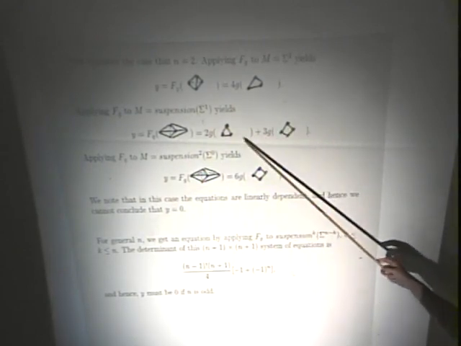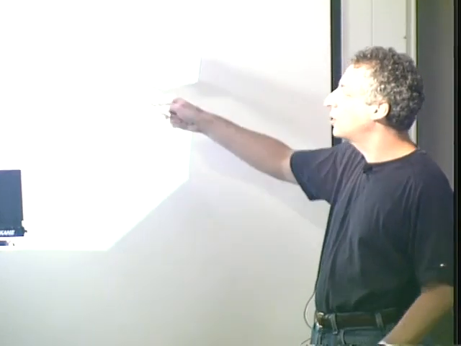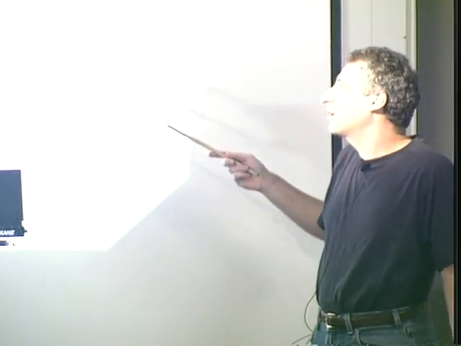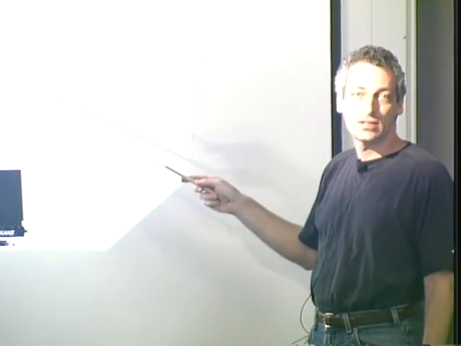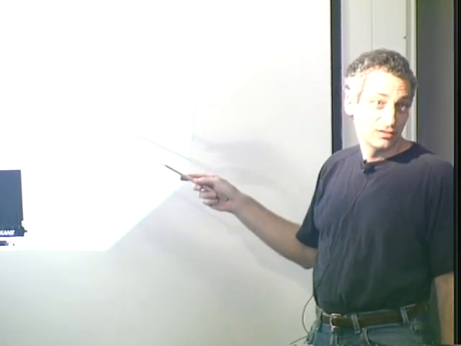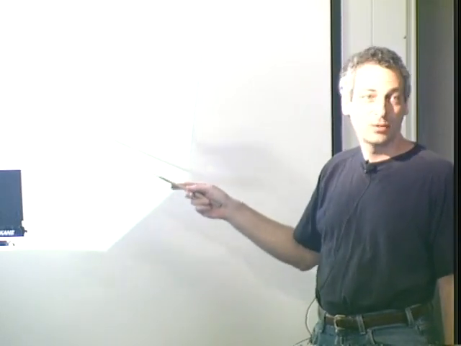Look at the link. You write down all the equations. All of the links will be suspensions of spheres. You'll get the same number of equations as unknowns, n plus 1. And then you can calculate the determinant of that system, and it's non-zero precisely when n is odd. So you learn that when n is odd, the number it's associating to every sphere is 0. So it has to associate 0 to every sphere. Okay.